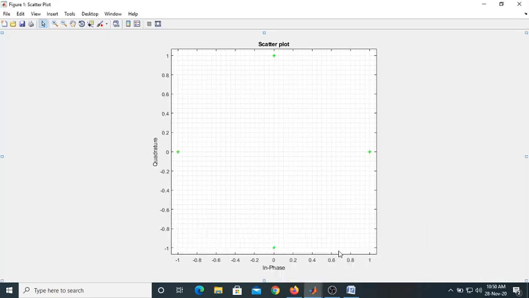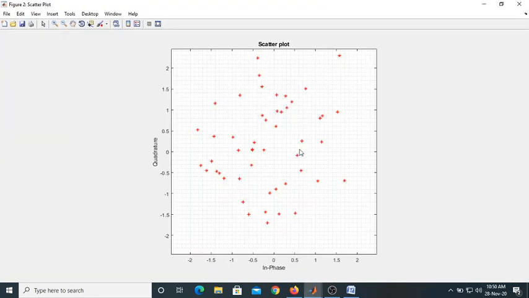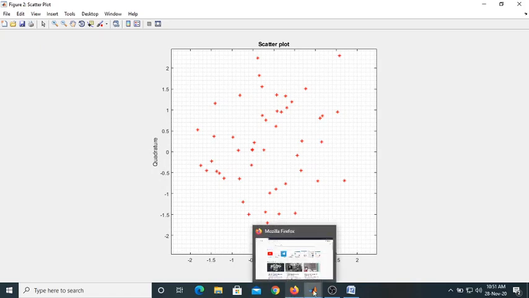This is after simulation, the 4 points without noise. This is the constellation of QPSK without noise. With noise, what will happen? You get a cluster of points. For each and every signal point, you have to find out which is the nearest one. This is happening because of noise. Because of the presence of noise, there is a scattering of the signal vectors. These are called received signal vectors. You may receive many signals, but by using the MAP rule, we have to find out which is the nearest point to the original message point. Now we have taken SNR equal to 1.